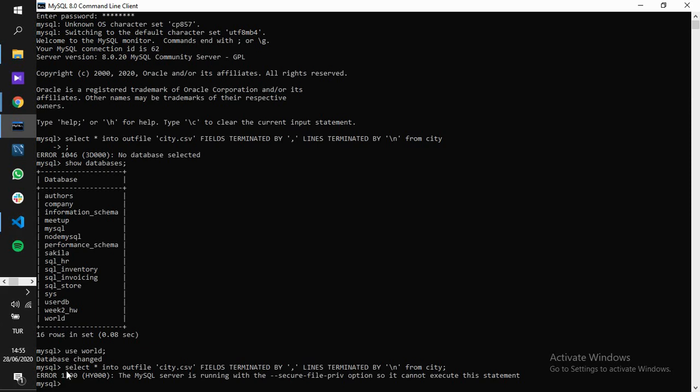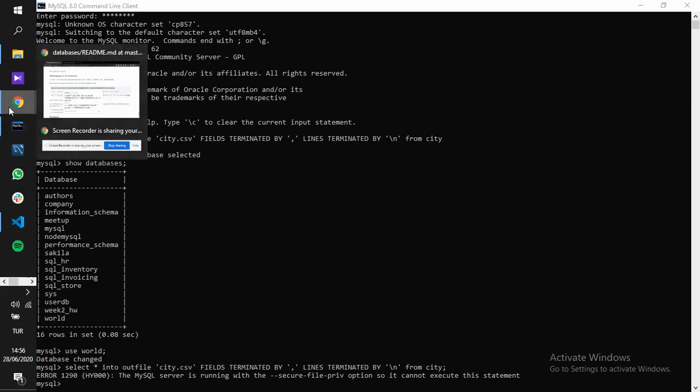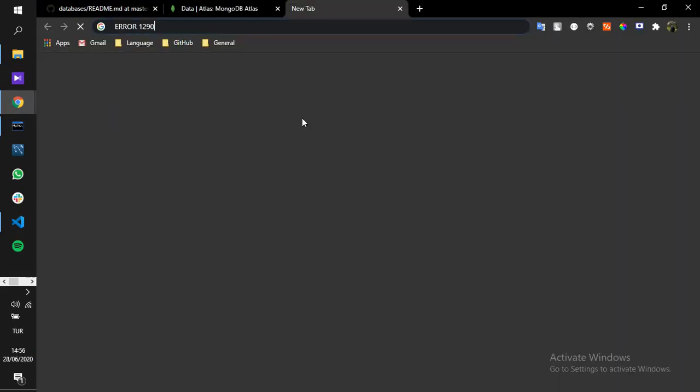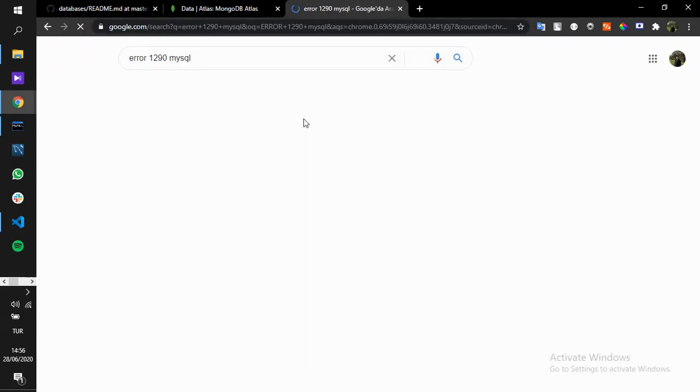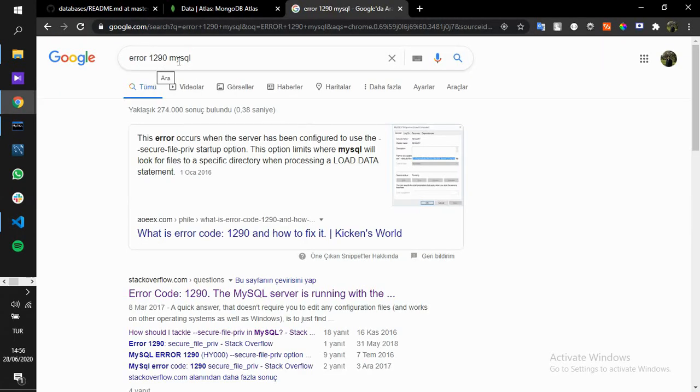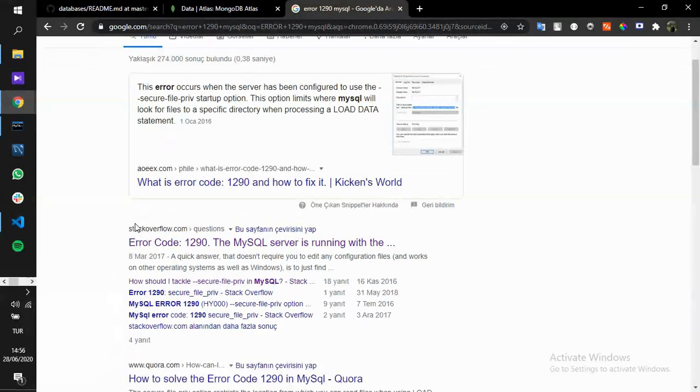Oh, I have an error. Error 1290. The MySQL server is running with the secure file private option, so it cannot execute this statement. So I have to copy this error. I am copying this, and I will look for solutions for this error, MySQL error 1290. You will see the first Stack Overflow solution